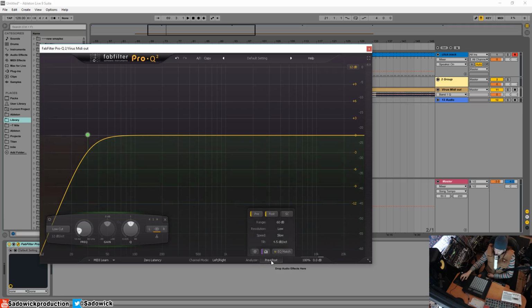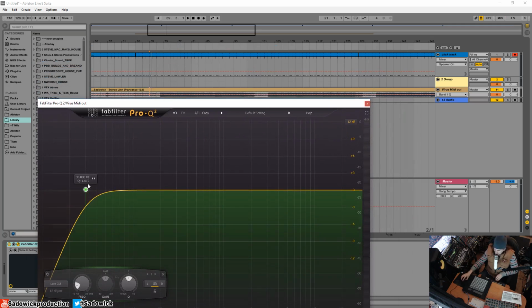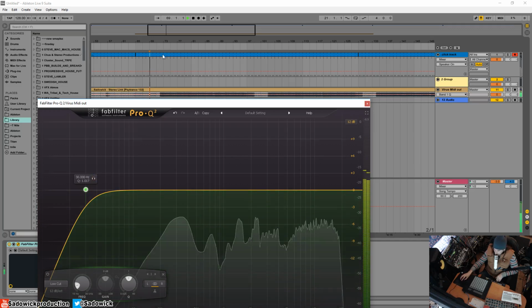So for our analyzer down here, we have pre and post. So we're analyzing it before it's EQ'd and analyzing it after it's EQ'd. So I'll give you an example of our track here. I've rolled off at 30 hertz, 12 dB per octave, which we'll also get into, and I'll give it a play here. And you can see